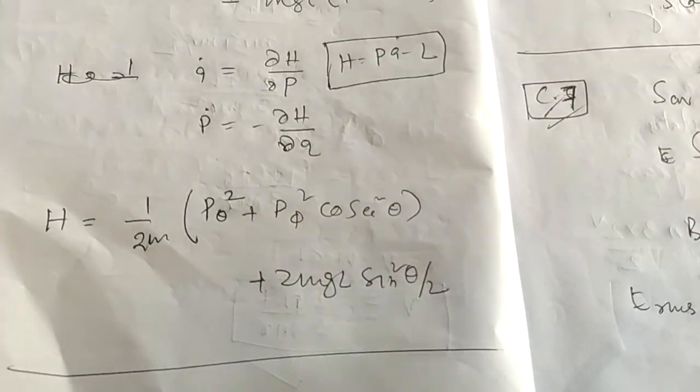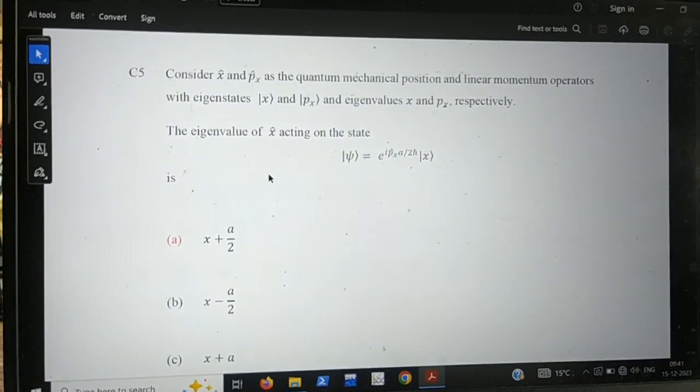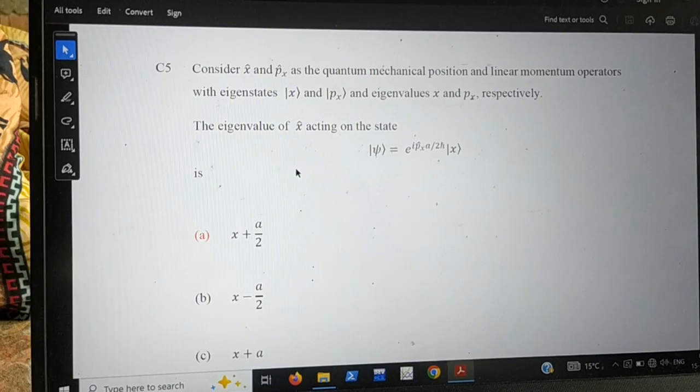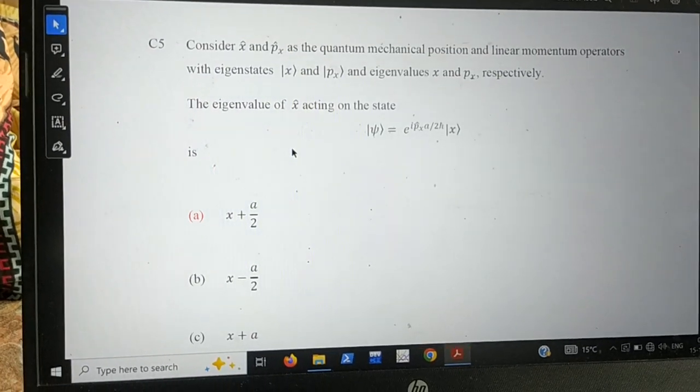It's pretty much easy. Now you can see this operator which is operating on this